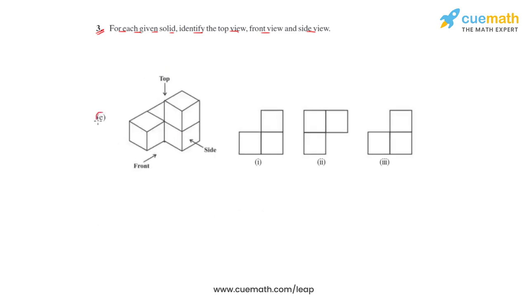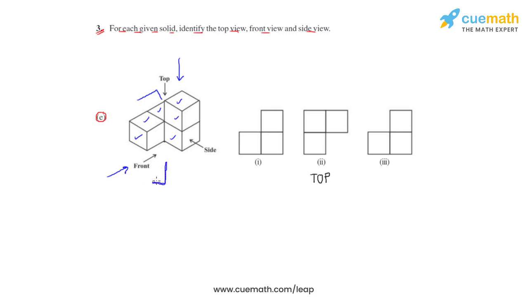So in the last solid of the question, if we observe this particular solid from the top, we'll be able to see these three boxes, and based on this observation, we can say that this is forming a shape like this, which is there in the second diagram of the question, which will help us conclude that this is the top view of the object. Now, if we view the object from this part, we'll see that these are the three boxes which are going to be seen from this end, and hence it is going to give us an inverted L.